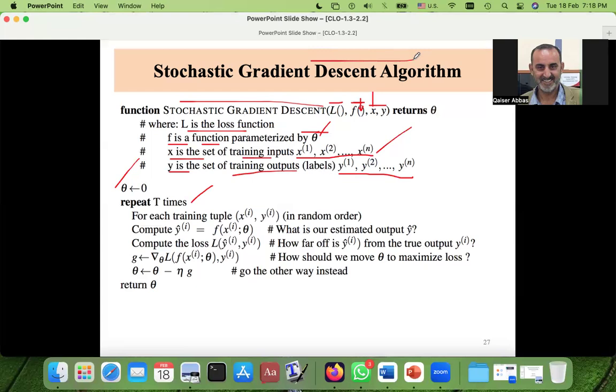Anyhow, it is written repeat t times, so t can be 100, 200, 500. It depends on you. And then for each training tuple,